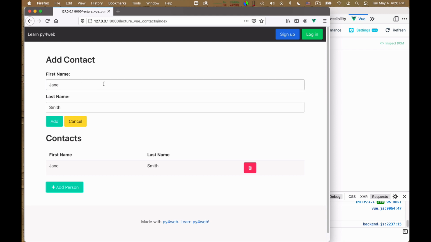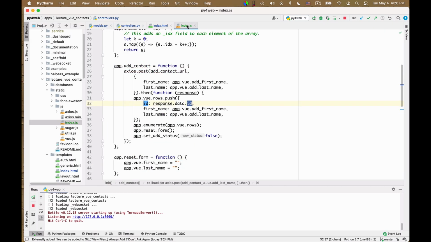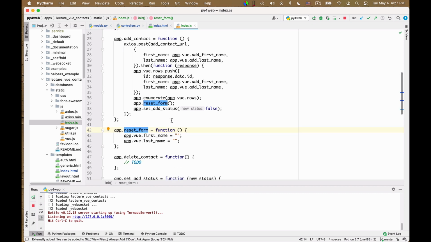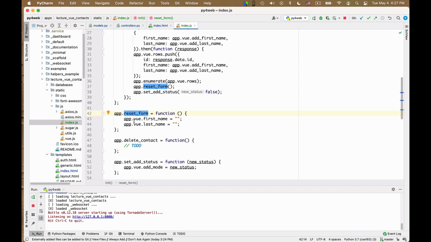Except that there is this slightly ugly factor that I haven't cleared the form. So I should really add that, and to do that I simply go back to my code, to my JavaScript. I had written this reset form function. Oh, and I call it actually. So it's not clear to me why it didn't work.